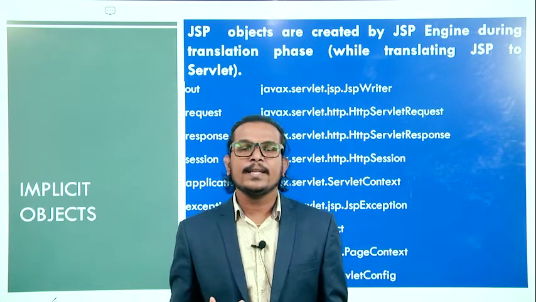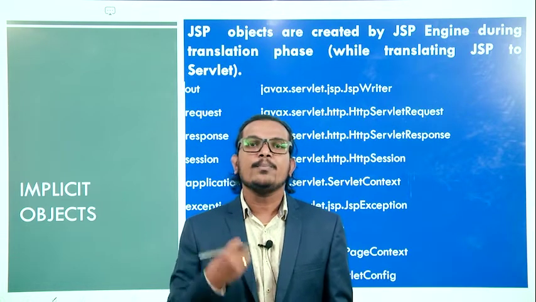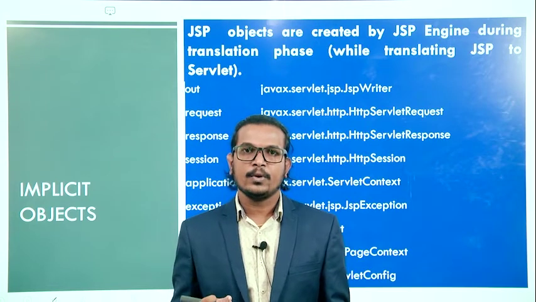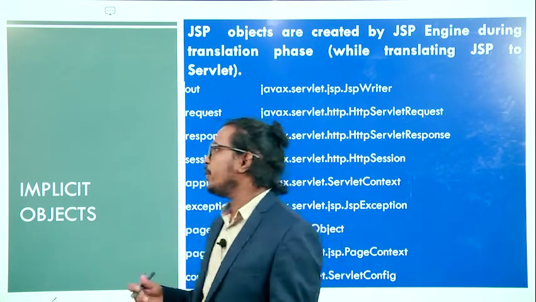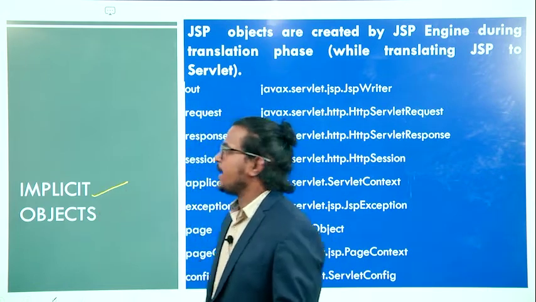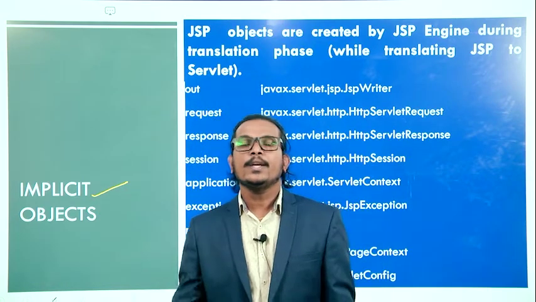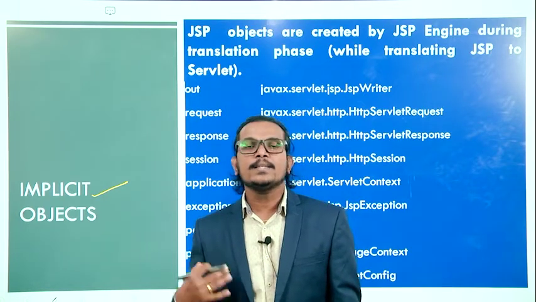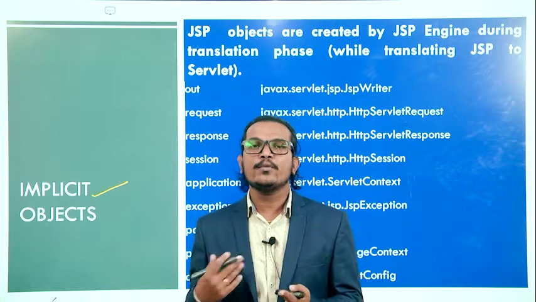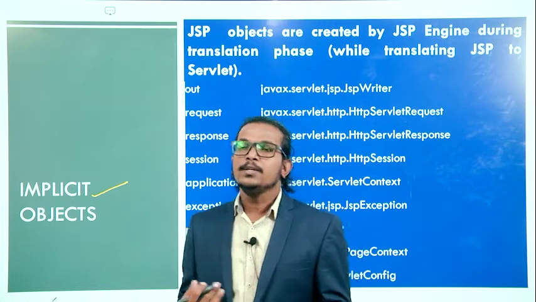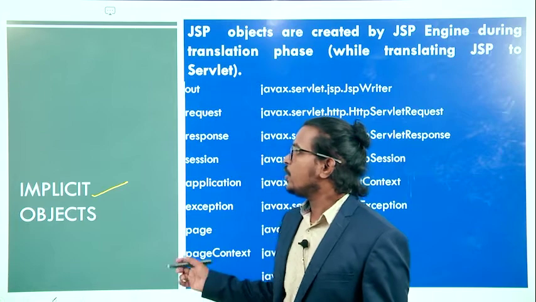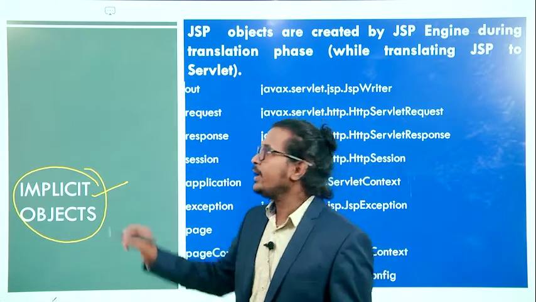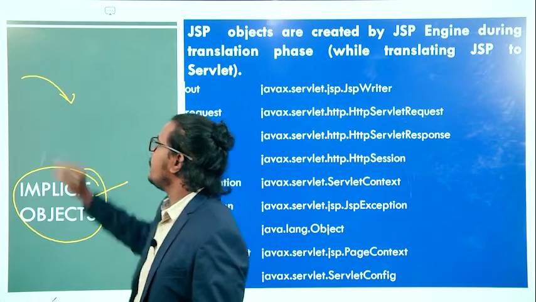All those things we saw in the last class, and also in some programs in JSP. Now we are going to talk about the 9 different types of implicit objects. Clear? Now what is an implicit object? What is the use of this particular object here? With the help of the implicit object, first we get the request from the client machine, right?